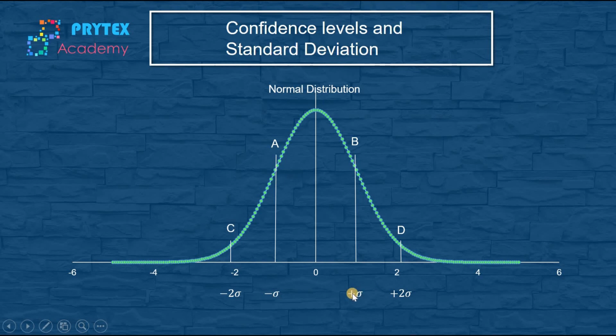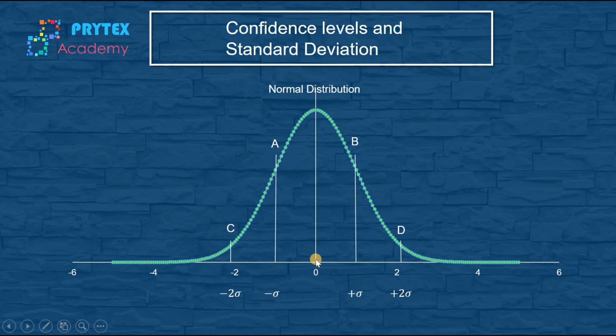So plus sigma means plus one standard deviation, and minus sigma means minus one standard deviation. A normal distribution by definition has a mean of 0 and a standard deviation of 1. What we mean by that is that the central tendency of the normal distribution is always placed at